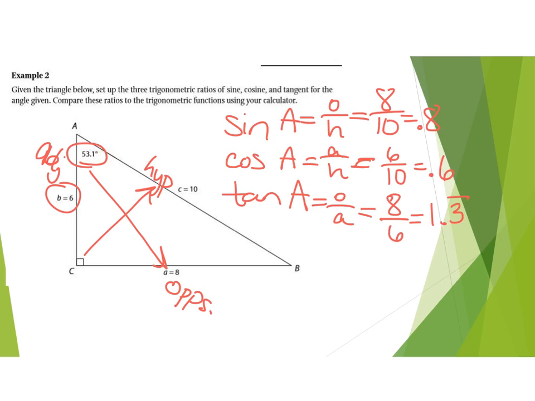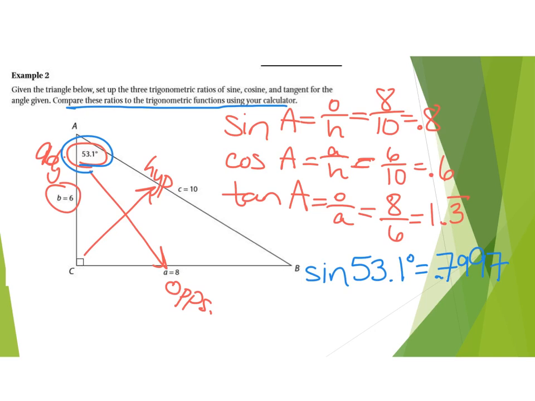Now, the rest of the directions say, compare these ratios to the trig functions using your calculator. So pretending we didn't know the 6, 8, and 10, let's look at the angle measure given to us, 53.1 degrees. So pick up your calculator and type in the sine of 53.1 degrees. It should spit out this. And you may go, well, I had 0.8, but look how close together those are. And that's the whole idea, if we're going from a diagram, we'll be getting slightly different answers in those